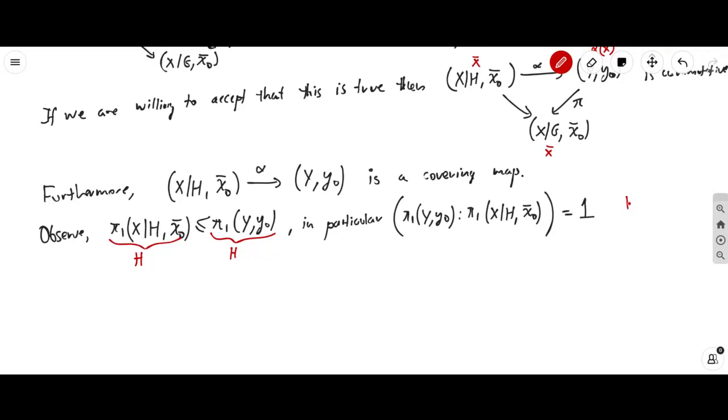Because this is basically H mod H, a group quotiented out by itself. So there's only one coset. And the number of cosets is the number of sheets. So thus,